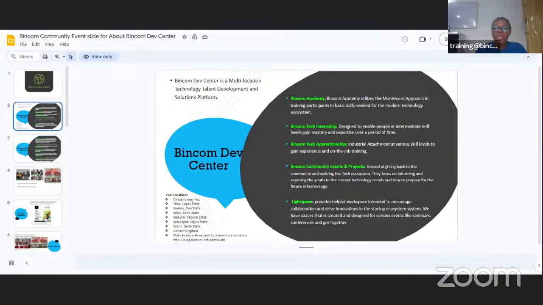And then we also have Bincom Academy. These are the services we offer here in Bincom Dev Center. We have Bincom Academy, which utilizes the Montessori approach in training participants in basic skills needed for the modern technology ecosystem. We also have a Bincom Tech internship. If you already have a tech skill and you're looking for a place to intern, trust me, this is the best platform for you.